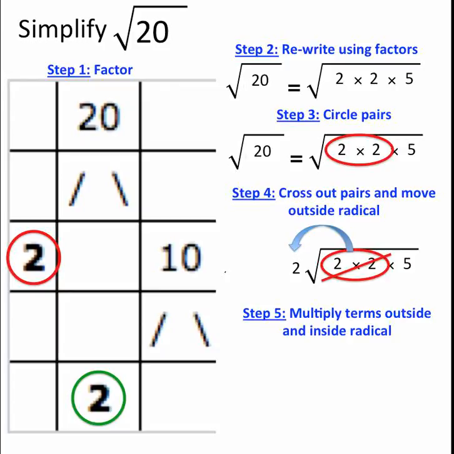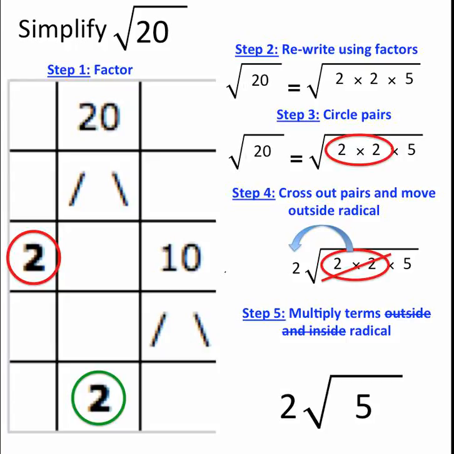My final step is to multiply the terms outside the radical and inside the radical if necessary. But when I look outside, I have a 2, nothing to multiply. Under the radical, I just have a 5. Again, nothing to multiply. So my answer is